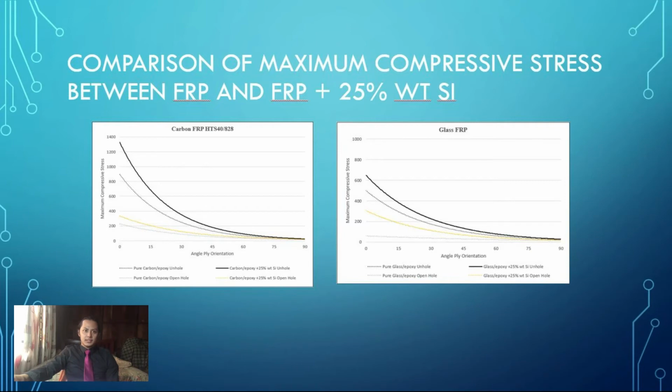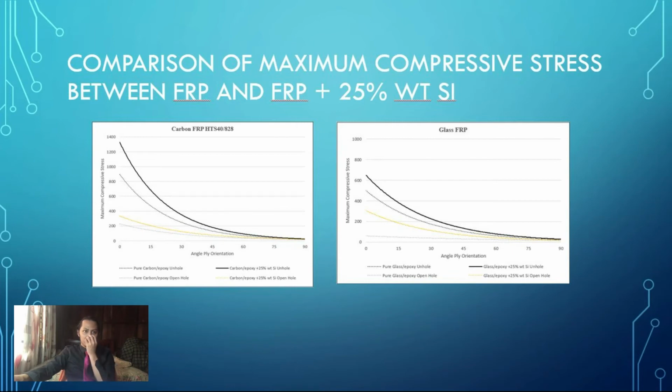It showed the maximum compressive stress for reinforced composite with different orientations of fiber obtained from ANSYS software. It was found that all types of FRP composite produced the maximum compressive stress at 0 degree direction. Notice that the specimen with fiber that tends to be parallel to the load has greater compressive stress compared to other orientations. The highest maximum stress was obtained for the pure carbon epoxy at 0 degree,